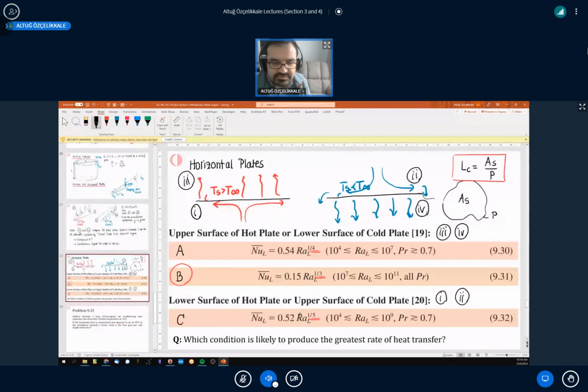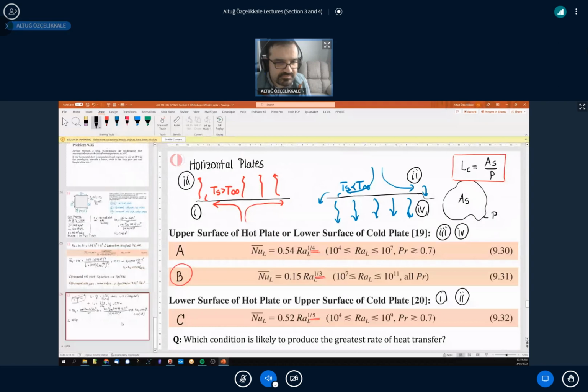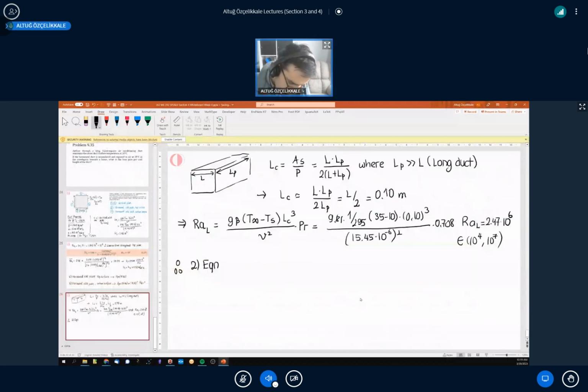So we are within the range with 10 to the power 7. Equation 9.32: the Nusselt number is going to be equal to 0.52 Rayleigh number raised to the power 1/5. And that's going to be 0.52 times 2.47 times 10 to the power 6 raised to the power 1/5. And that's going to be